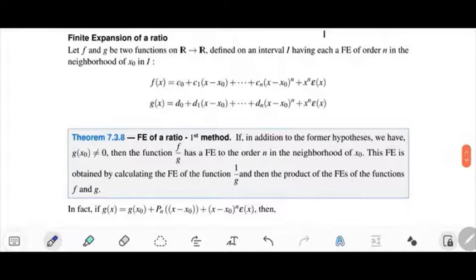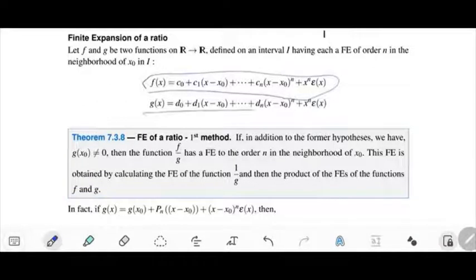Now what about if we have a ratio? To calculate the finite expansion of a ratio, we have two methods. We will learn both, but we'll be using the second one most of the time. In the first method, we say that if we have a finite expansion of f